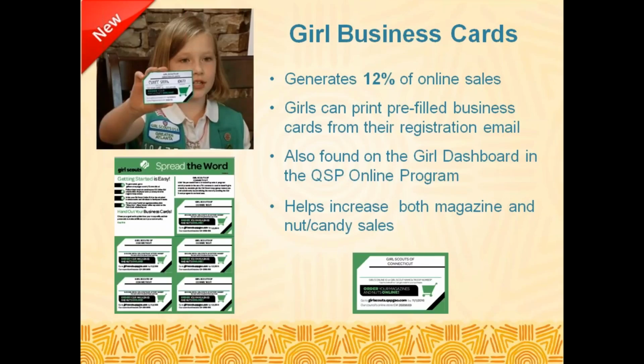We mentioned business cards on the marketing slide earlier. This is what the Spread the Word business cards look like, which are inside of the girl's packet. Once a girl registers in the online program, she's given an ID number. She can either print her ID number, just write it out on the card, or if she's giving it to somebody that she knows very well, she can put her first name and last name on it. But again, we do take the girl's safety very seriously, so we try to keep these cards kind of close, but it's a way for girls to experience passing out their card